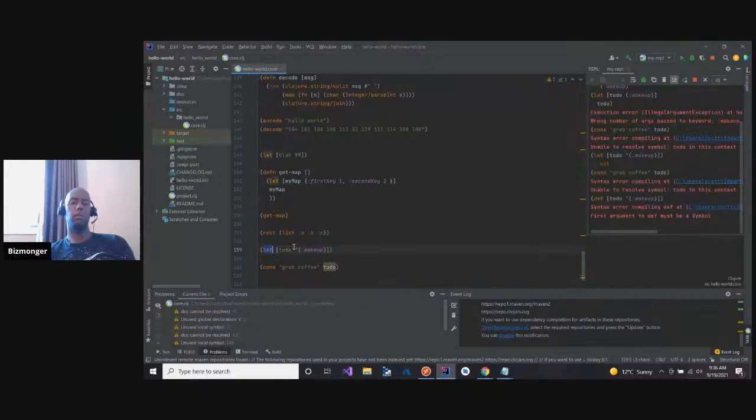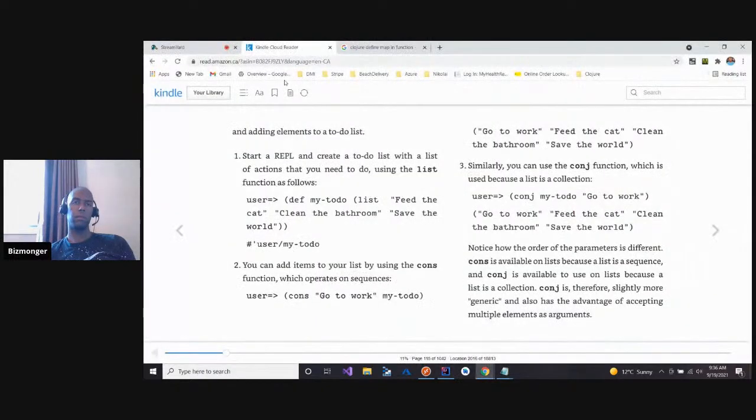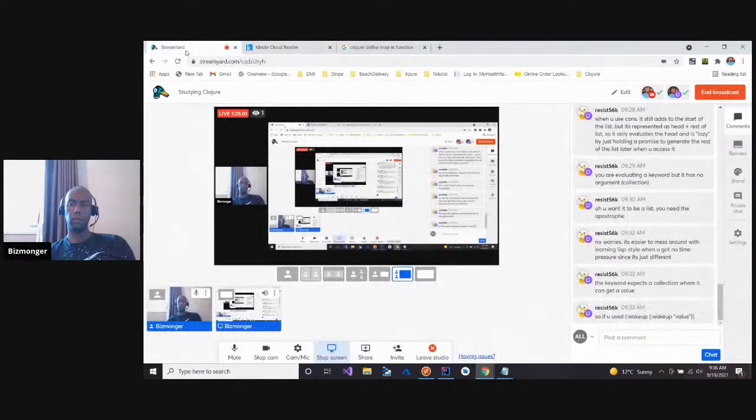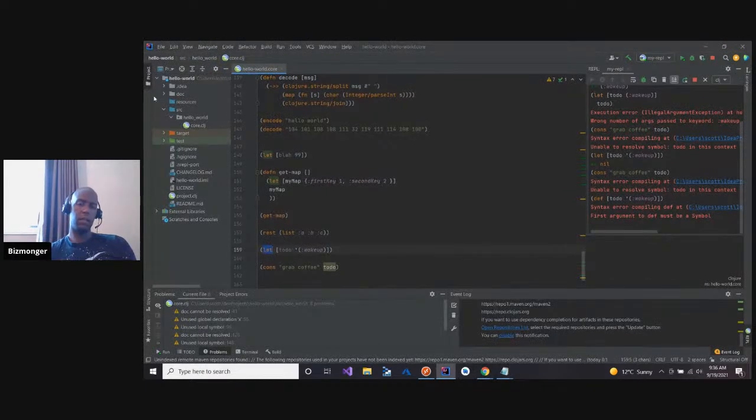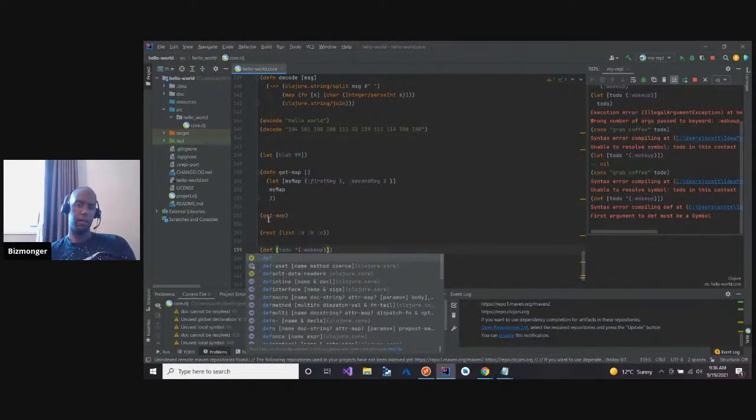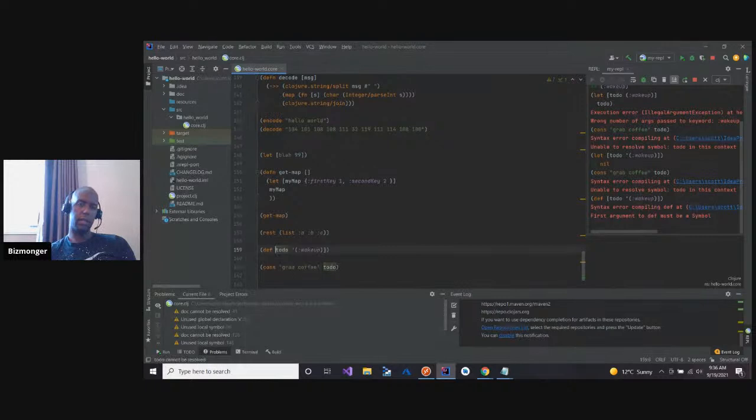Yeah, def to set it up. Def to set it to the namespace, or global. Okay. Def, and then I don't need the brackets, right?